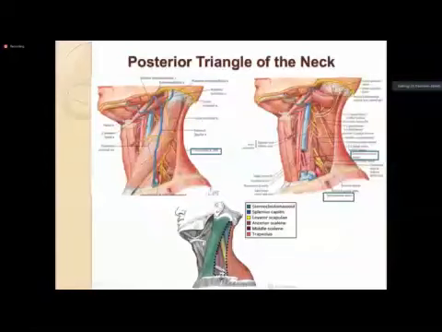तो ये सारे के सारे, and we have the inferior belly of the omohyoid muscle that divides the posterior triangle into two parts. We have occipital triangle and clavicular part. तो ये है, और इसके साथ contents अगर हम देखें तो contents of the posterior triangle are basically, यहाँ पे अगर आप देखोगे तो, अगर vessels की बात करें तो we have